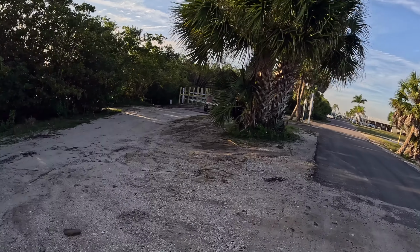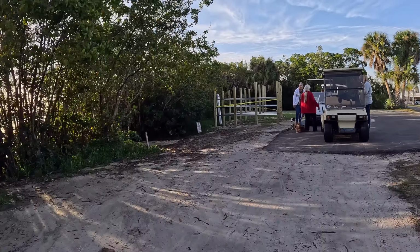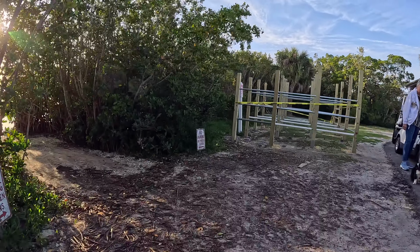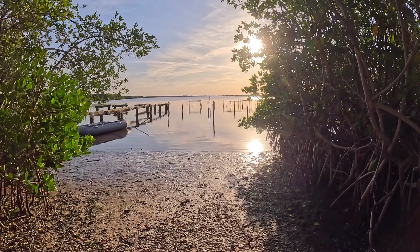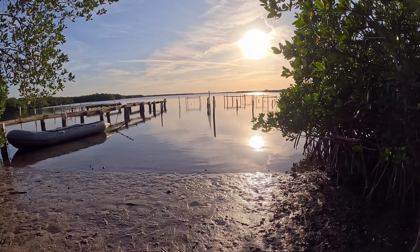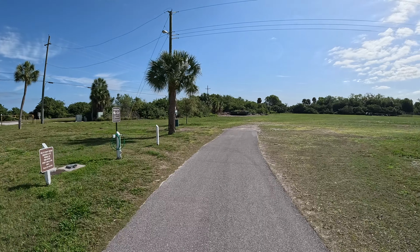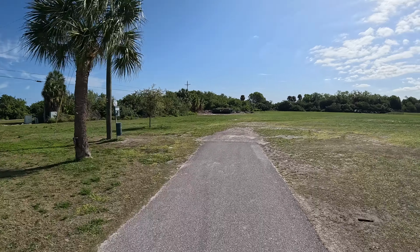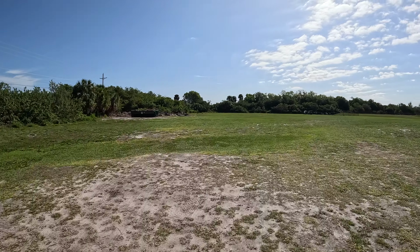And there used to be a dock right down here, but a storm recently took it out. But you can see great sunsets, as you can kind of get an idea right here. I was told that they're going to replace that dock right there on the left, but there doesn't seem to be any work in progress. So let's hop back over on the other side of the park, and we are going